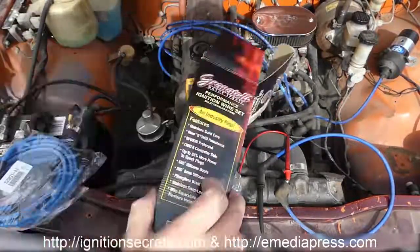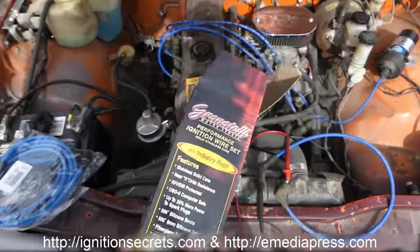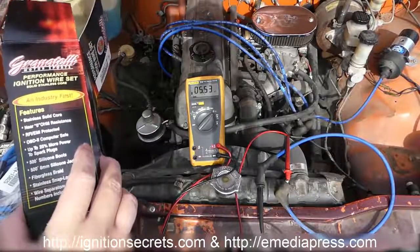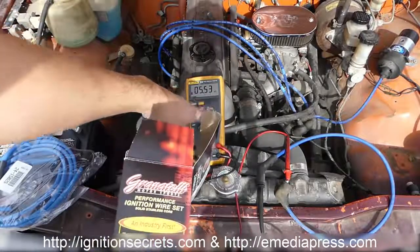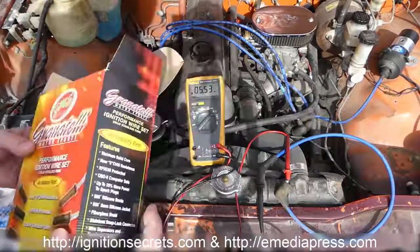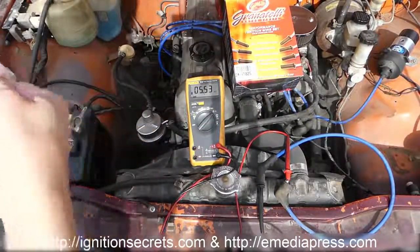So that's why I'm going this route. So in any case, I just want as low impedance as possible. And again, that coil over there is about 1/3 of an ohm. It's about 0.3 ohms on the primary, which means it'll have a really fast rise time. So this cable is measuring at 5.53k ohms. And if I look at one of the Granatelli cables here,